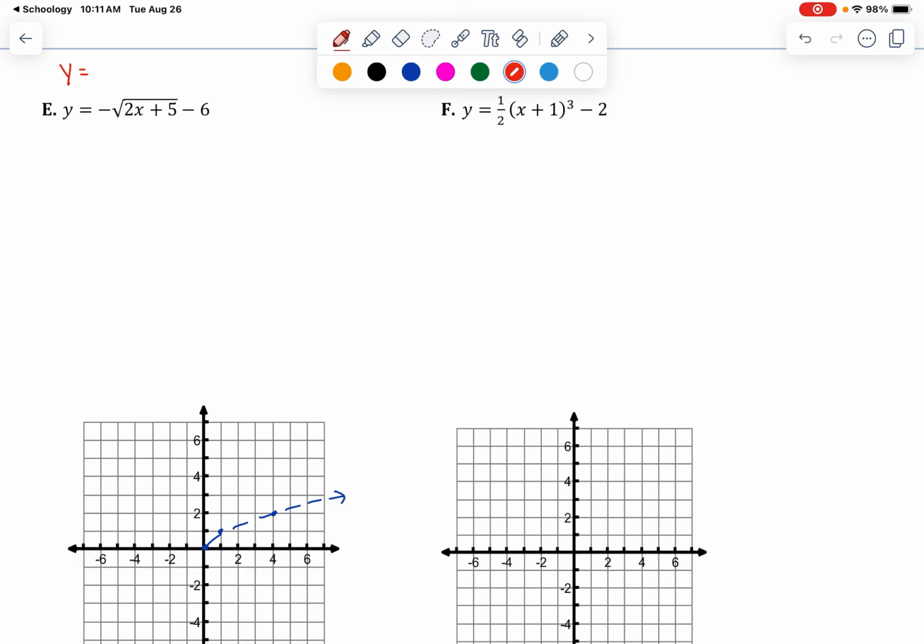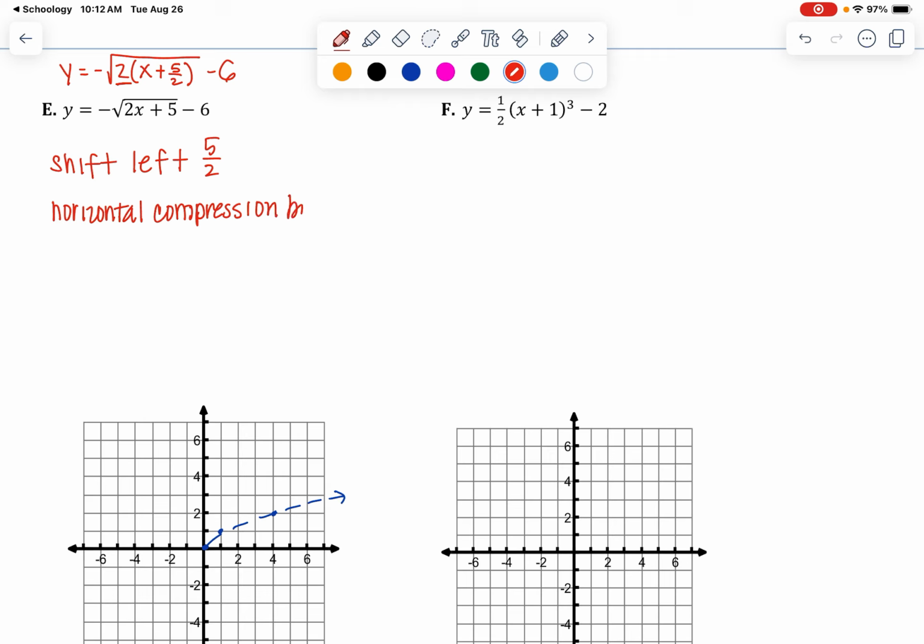So I have y equals negative square root of, and if I factor that 2 out, I have x plus, and then remember, factoring out is the same thing as dividing out, so it's 5/2 and then minus 6. Okay, so now I can actually see with my eyes by looking at it my horizontal shift. So we're going to say that there is a shift left 5/2. It's not left 5. And then we also have this b value of 2 right here. So we have a horizontal compression